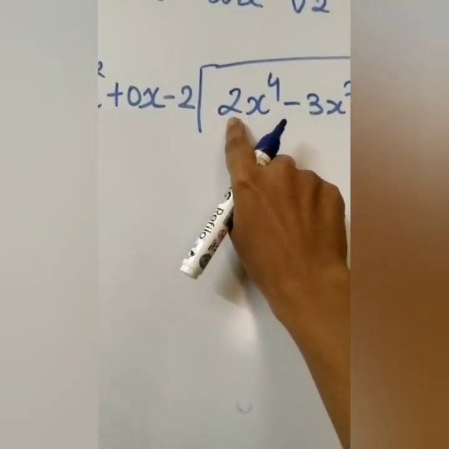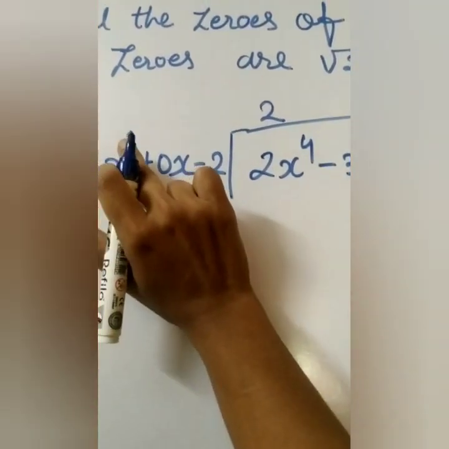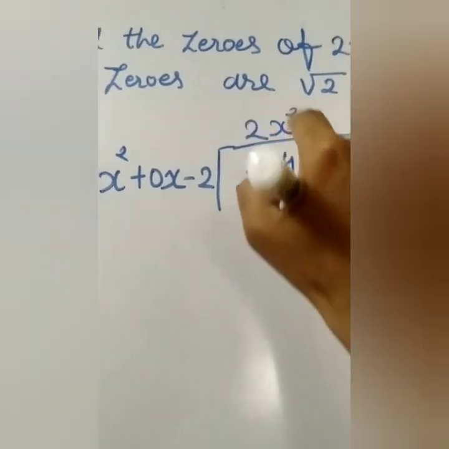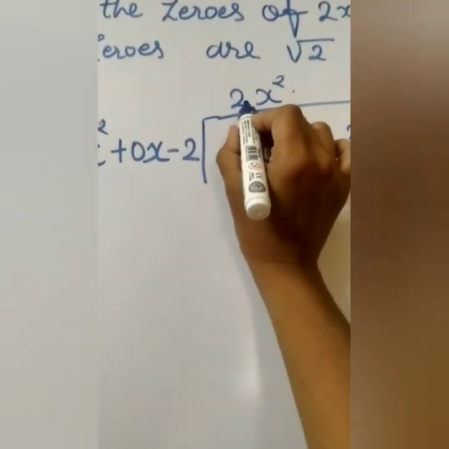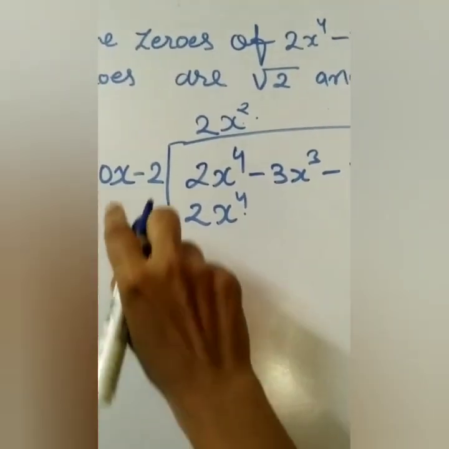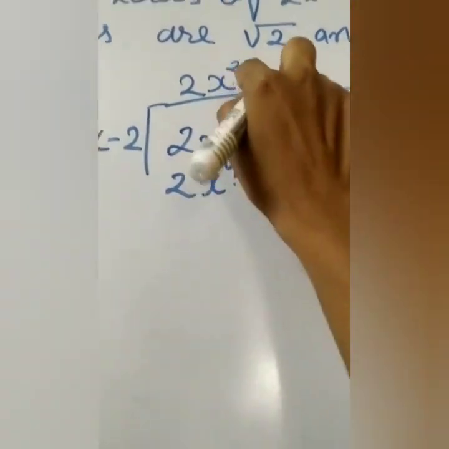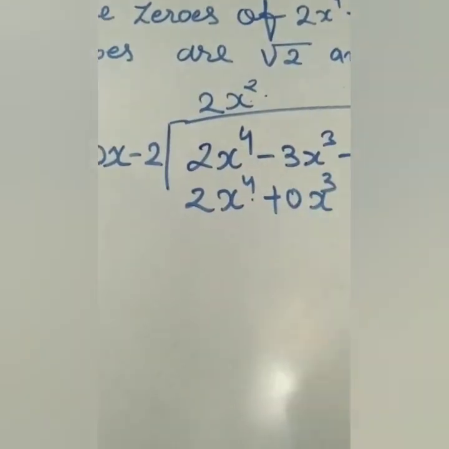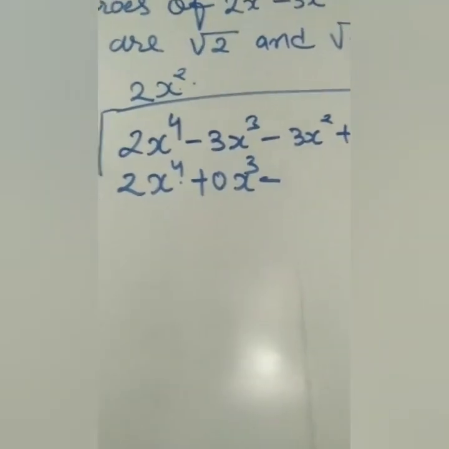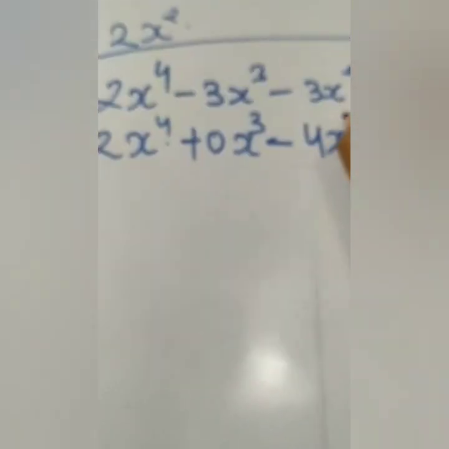Now here we want 2 and we want x raised to 4, so we need 2. Here is x square and we want x raised to 4, so we want an extra x square, so we will multiply with 2x square. When you multiply, 2 ones are 2, x square into x square is x raised to 4. When you multiply anything with 0, it becomes plus 0x, but here we will write square and x will become cube. Here minus, minus plus will become minus. First we will write minus, 2 twos are 4, so we will write 4 and x square.